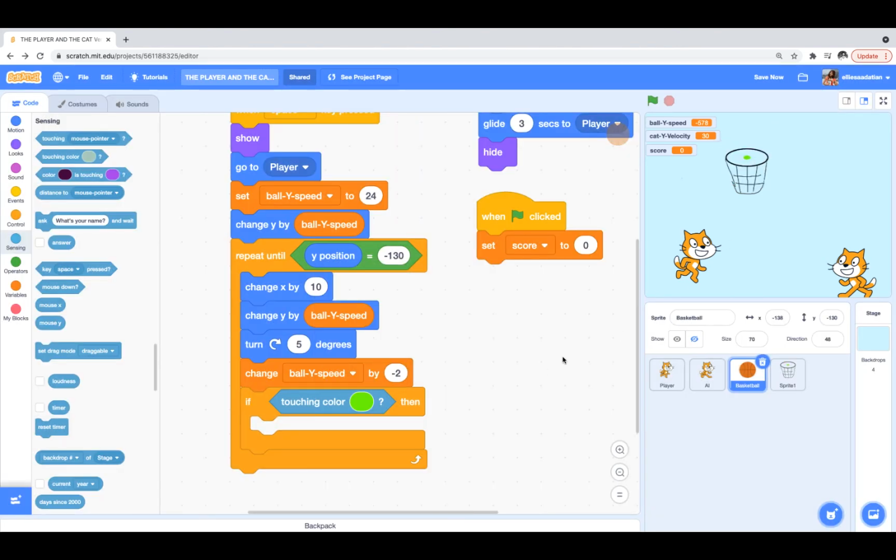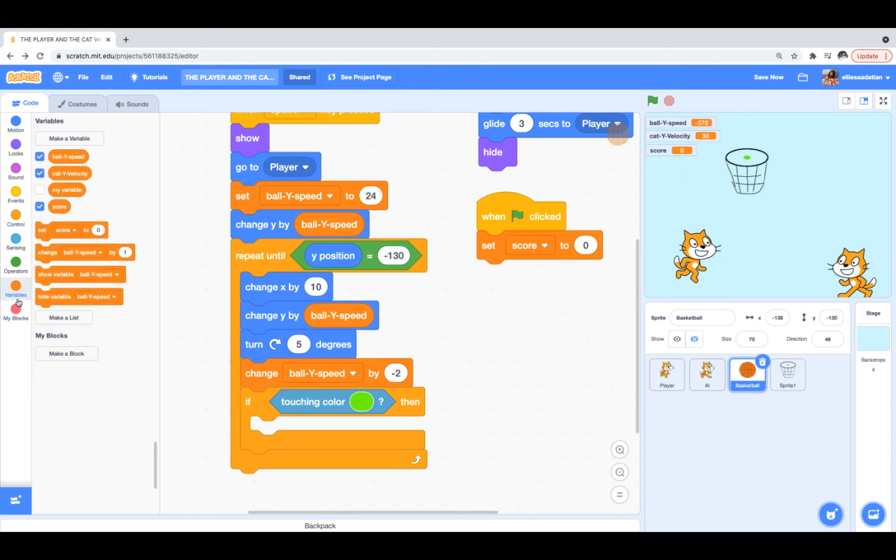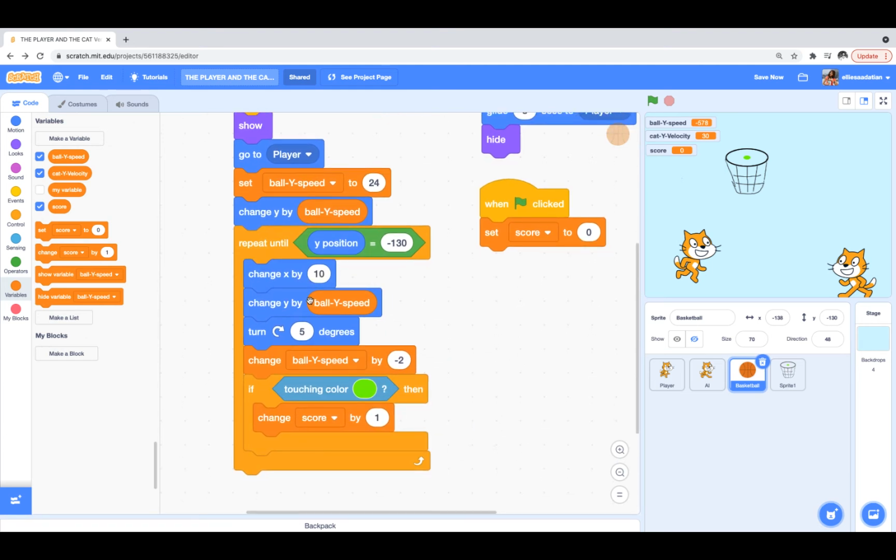If touching the color green, now change the score by 1. But then since we are in a loop, I don't want the score to keep going up until